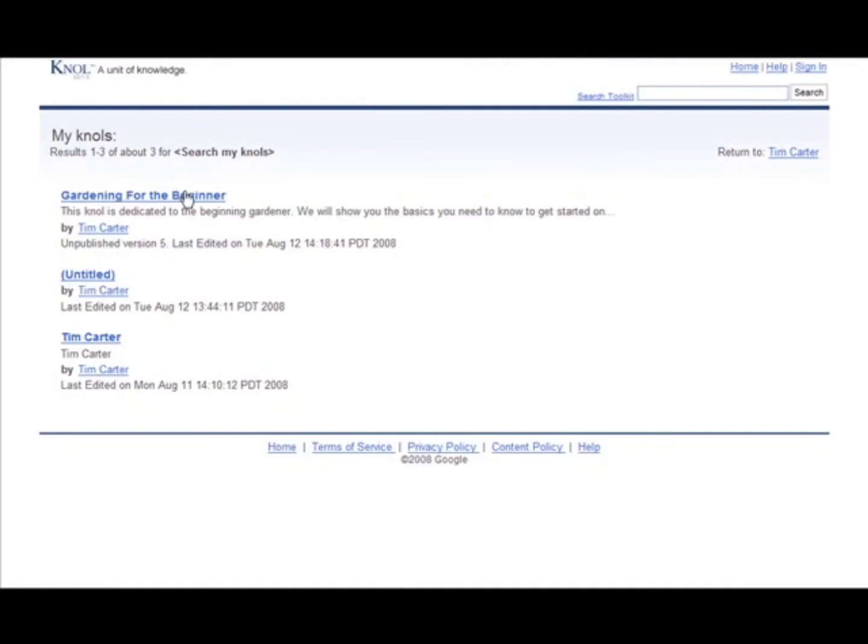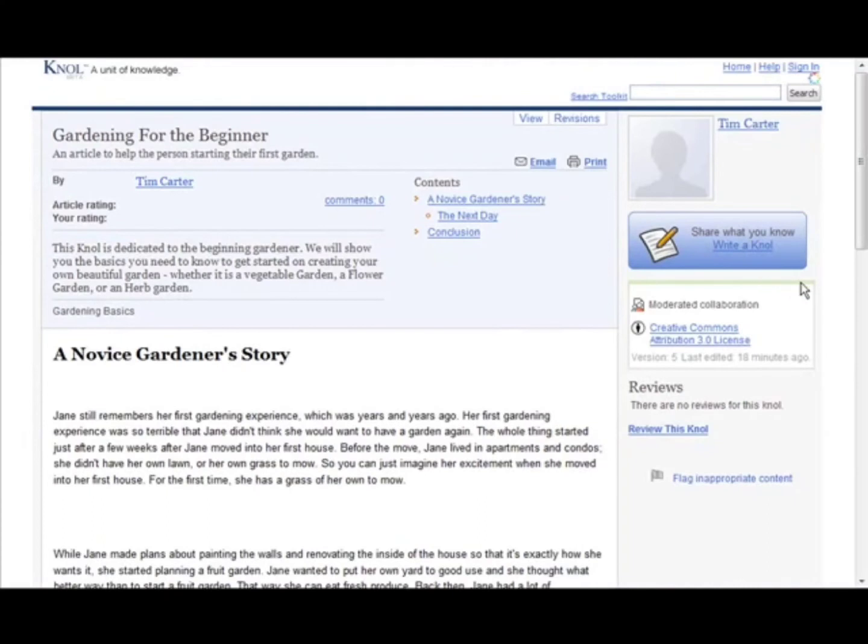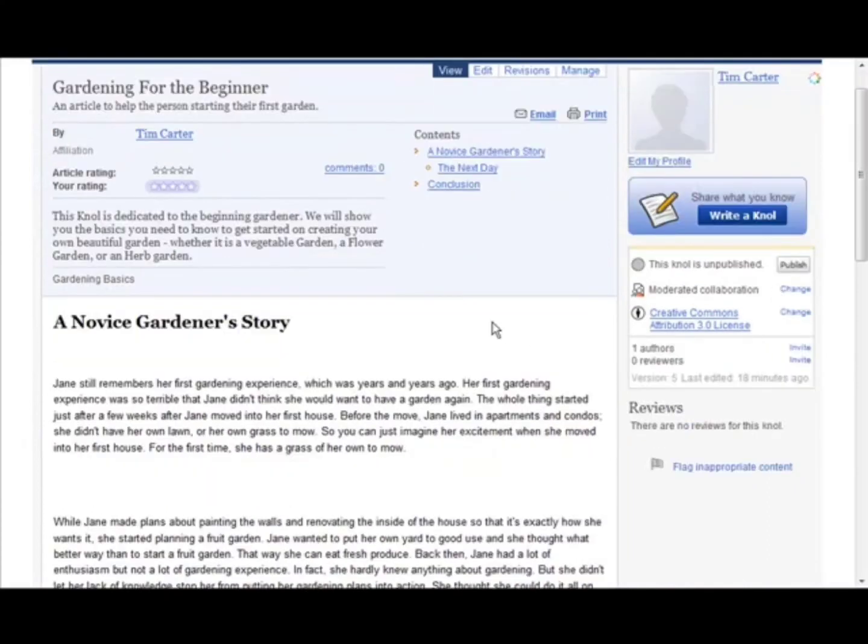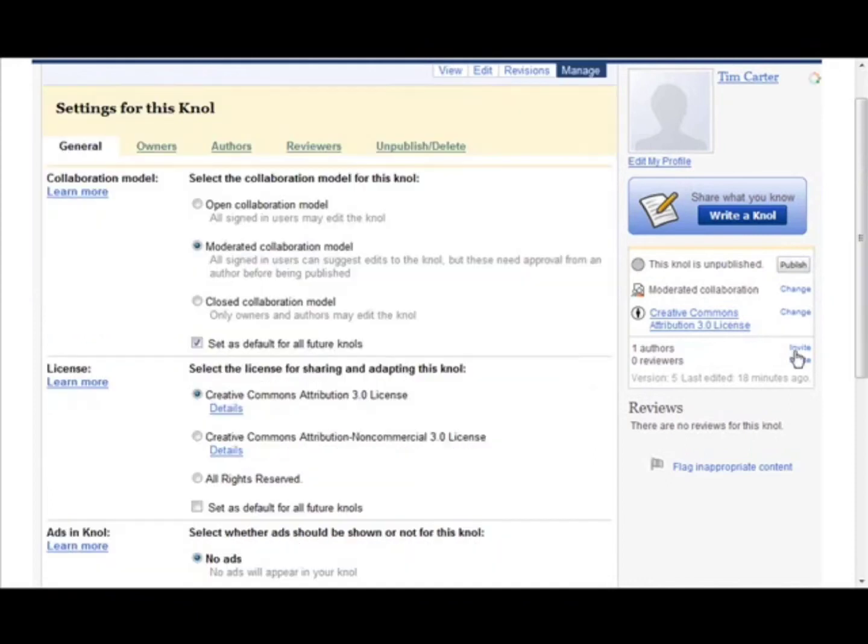And then let's bring up the one we were working on here. Okay, so here you'll see that our Knol is unpublished. So when we're ready for it to be seen by the public, all we have to do is publish it. We have moderated collaboration, and we have Creative Commons Attribution 3 license. And it's like that because we didn't change the defaults till after we created this. So all we have to do is click on change, and then